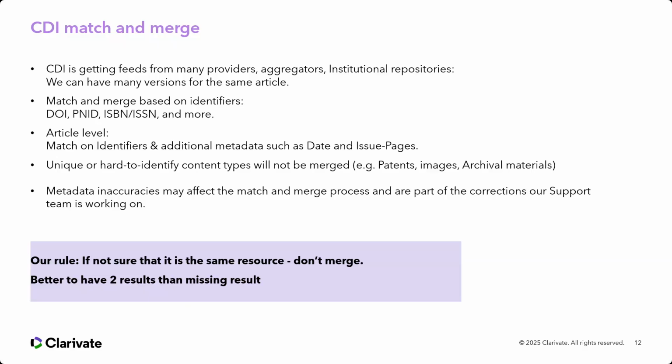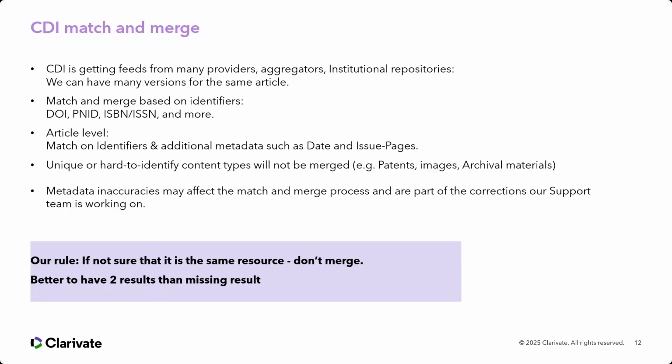We are using DOI, PMID. This is not PN, but PM, I'm sorry, and ISBN and ISSN, of course. This is the sure way to do a match and merge, but also here there are some mistakes. When you go down to article level, we also have the DOI and the PMID on the article level,